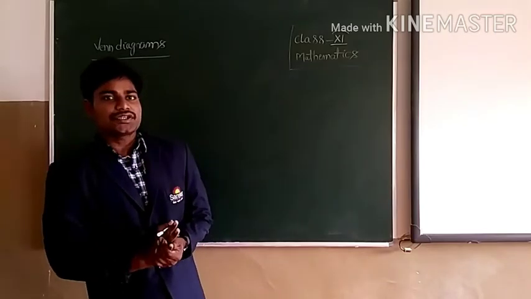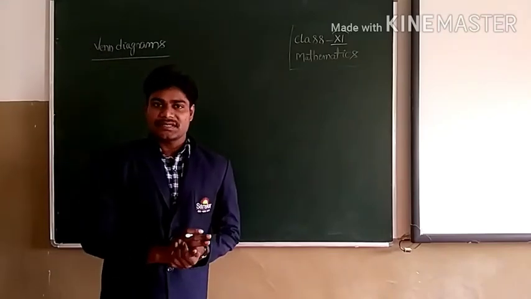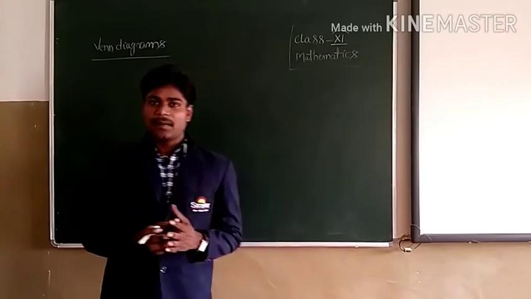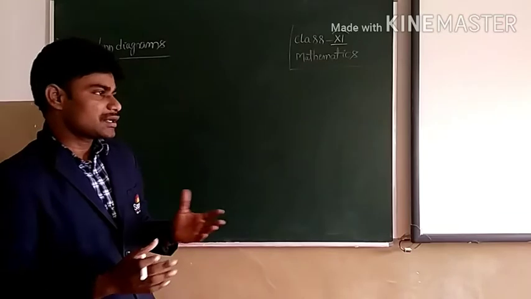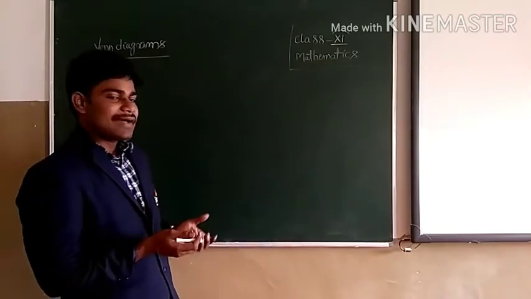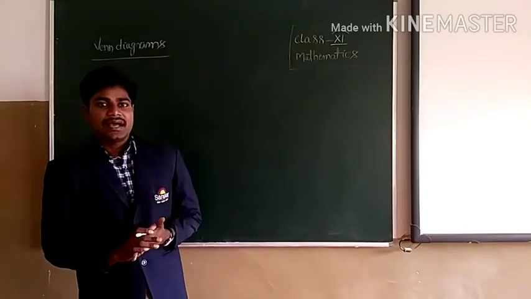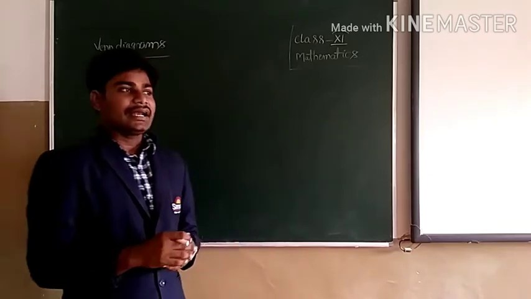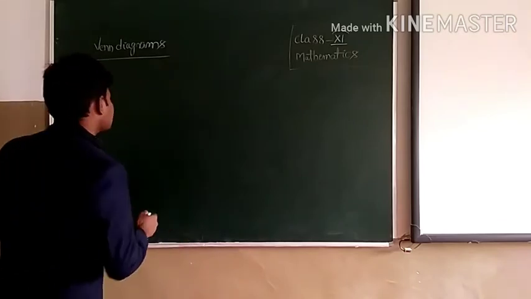Most of the relationships between the sets are generally represented by using Venn diagrams. The Venn diagram consists of rectangles and all closed curves. The closed curves means like circles only. Generally, in the Venn diagrams, the universal set is denoted by a rectangle, and the subsets are denoted by circles only. Okay. For example,